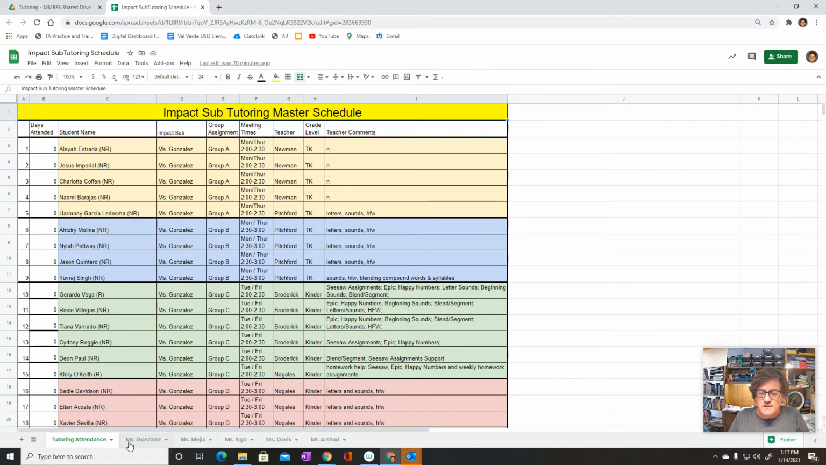Okay, if you'll notice, and this is important for you to take note of, the tutoring schedule has 6 sheets attached, 6 separate tabs in the sheet. All right, the first tab, the tutoring attendance tab, you don't have to do anything there. In fact, you're not even going to be able to edit anything on that sheet. You will, however, if you're an Impact Sub, you will choose one of these tabs, the one that corresponds to